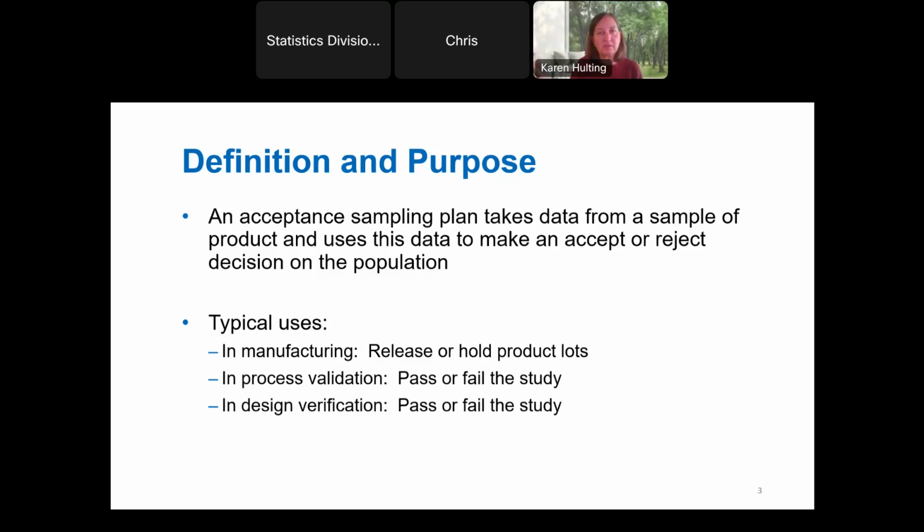And these are terms that I'm used to using in medical device. You might use slightly different terms, but if you're trying to make a decision about a product design, and you make a sample of that product, and then make a decision about whether that product is good enough to go forward. And so we tend to use the language of acceptance sampling mostly in manufacturing, and we tend to sometimes use other language for the same kinds of probabilities when we're using sample plans in other contexts, but this language can apply to any of those cases.